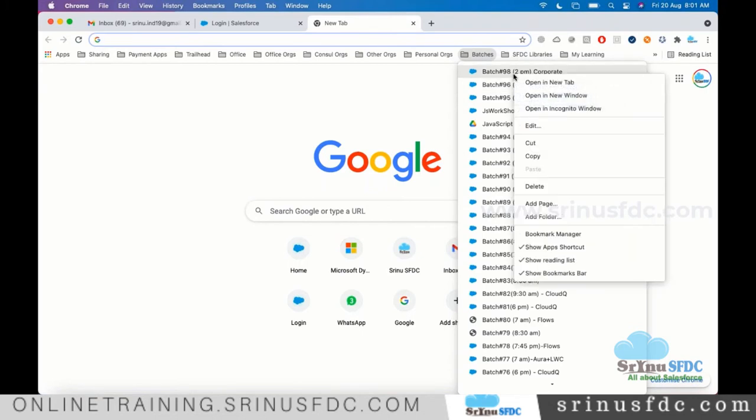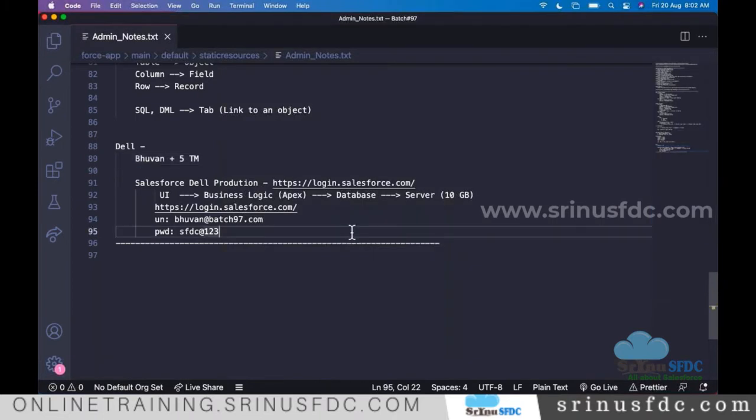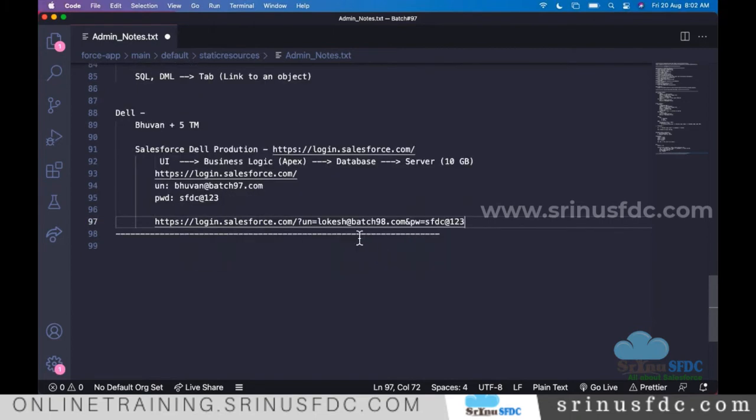Okay. So I'm going to maintain these credentials also in that format. If you are using your personal system, personal laptop, and you want a shortcut like that, you can also create it. But on public systems, you should not do this.